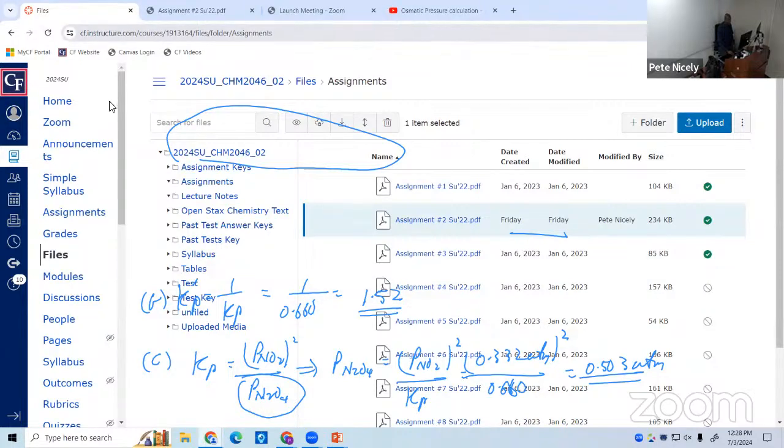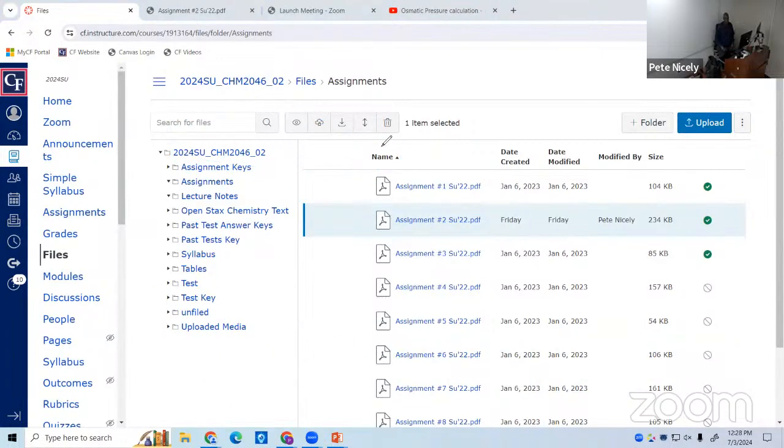As in 1A, is like whether all gases, does that mean we're just doing the Kp value? Well, the question says, calculate both Kc and Kp. So you're going to do Kc and Kp, which you can do for all of them because they're all gases. So you're going to write down the equilibrium. Let me show you for the first one. You're going to write down the equilibrium expression for